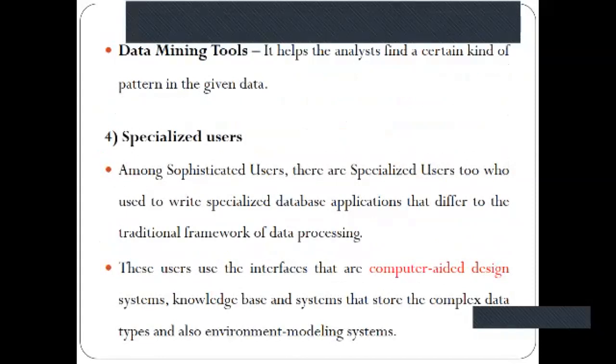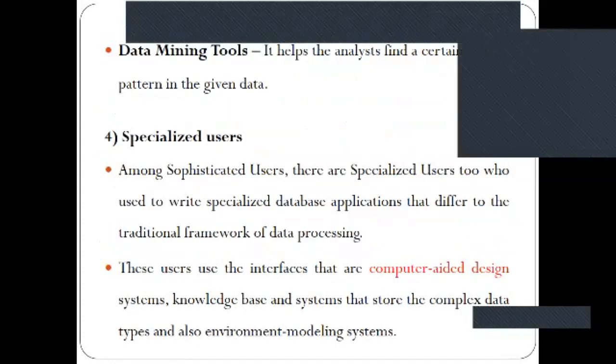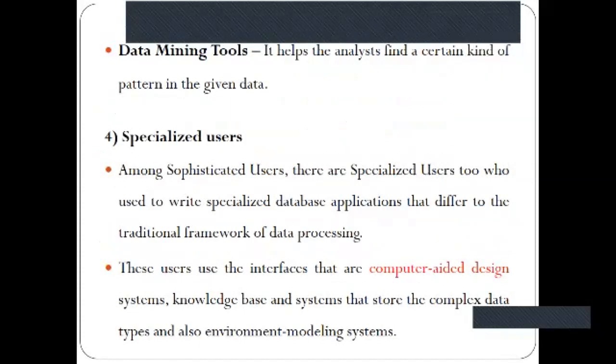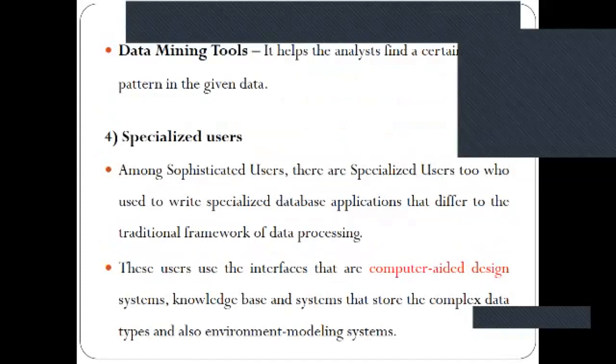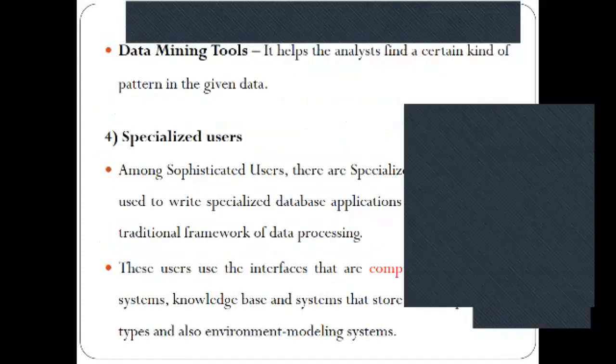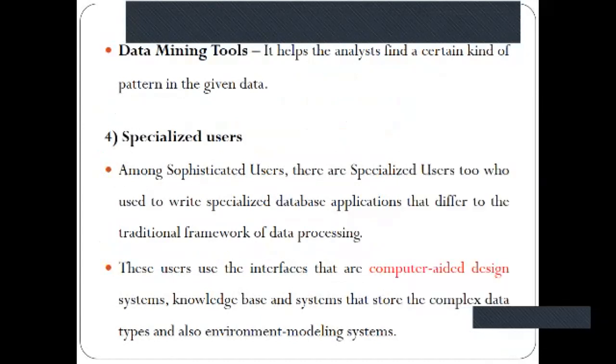It helps the analyst to find a certain kind of pattern in the given data. So basically analysis is nothing but trying to find any pattern in the data given.